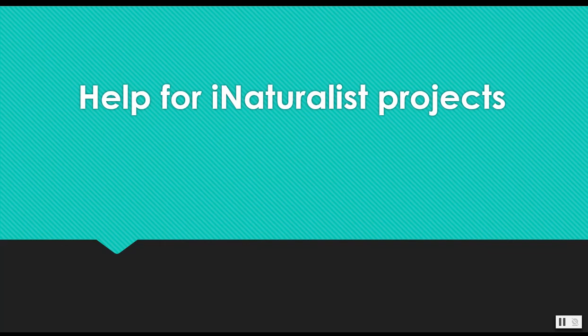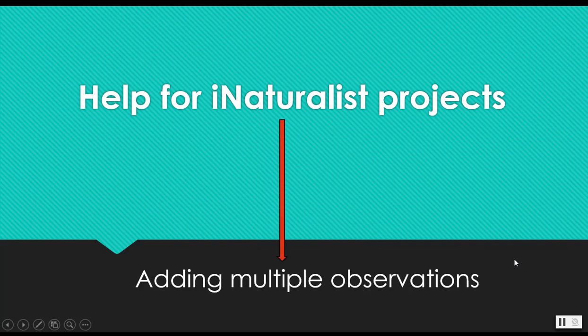Hello and welcome to another tutorial on how to use iNaturalist, the online database for all things nature. This one is about some help for iNaturalist projects, and in particular it's concerned with adding multiple